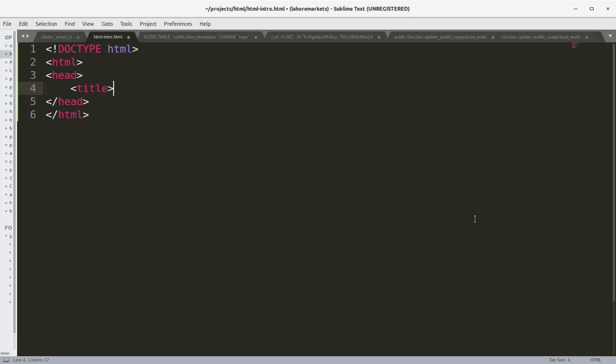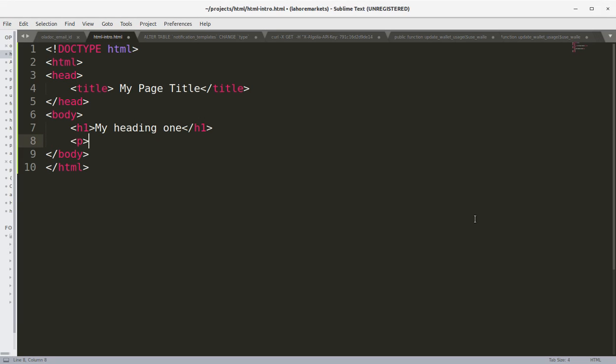In HTML, we have title. This is the page title, my page title. Let's close the tag and let's start the body tag. So in the body tag we can have h1. This is another tag that is used for mentioning headings in HTML. Now let's define the paragraph tag. This is my paragraph. Let's just save the file